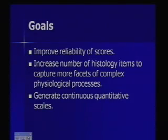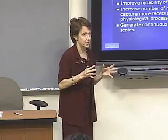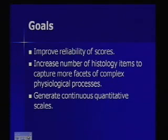We're doing some segmentation work that is trying to help us distinguish better. Our bottom line is that microscopic review of these slides is very complicated, and what we're looking to do with image segmentation is improve reliability, and have more aspects of a process like bacterial infection than just counting pus cells, which is what's done now, and instead of having things be semi-quantitative, some, none, some, more and a whole hell of a lot, which is basically what a 0 to 3 scoring system is,